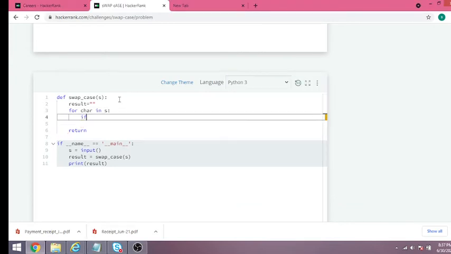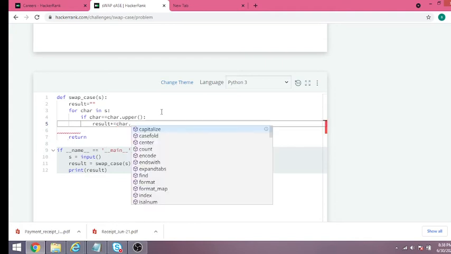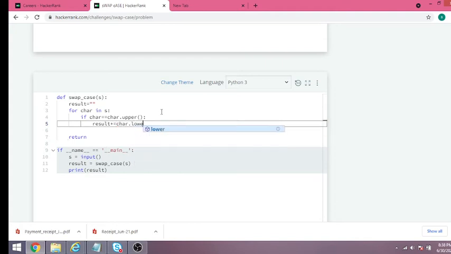The same way I will do that. We will use an if statement: if char equal to char dot upper, which means if it is an uppercase letter, converting to upper keeps it the same, right? This if statement will be satisfied if the letter is uppercase. In that case I will append to the result char dot lower.